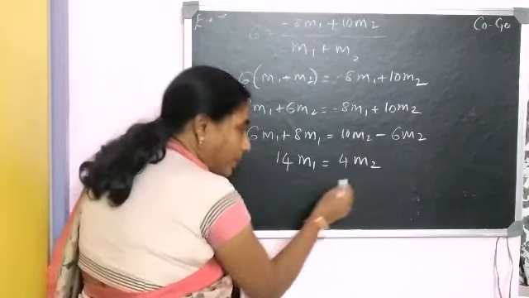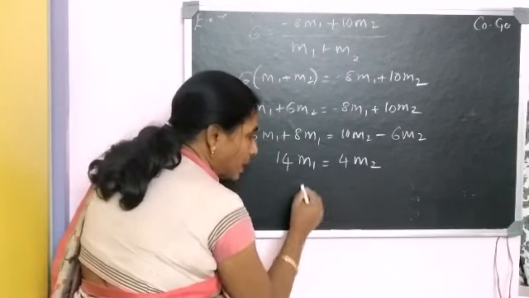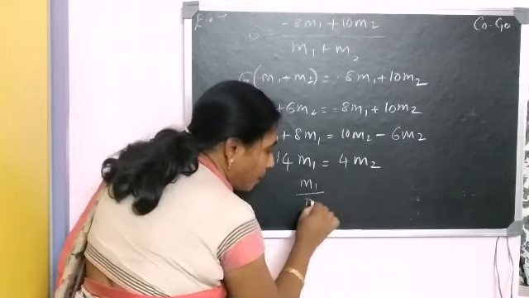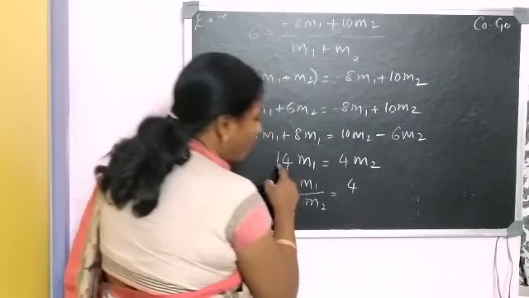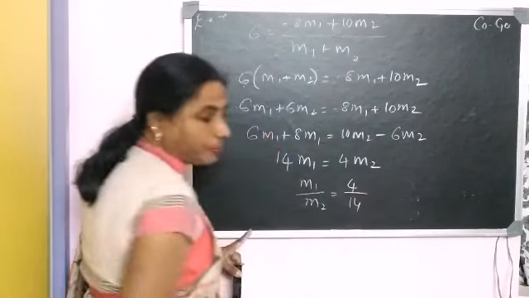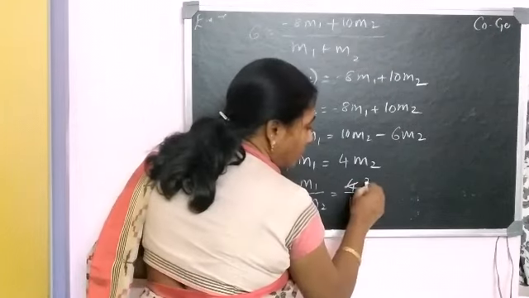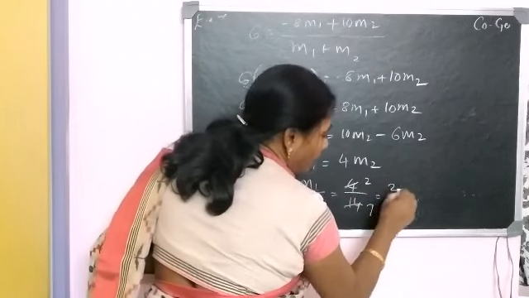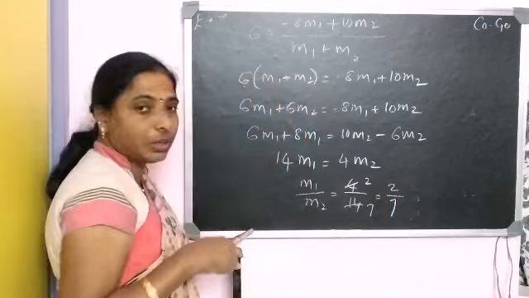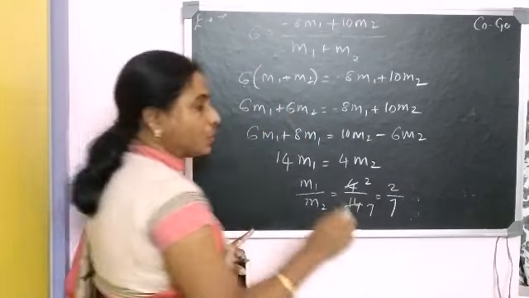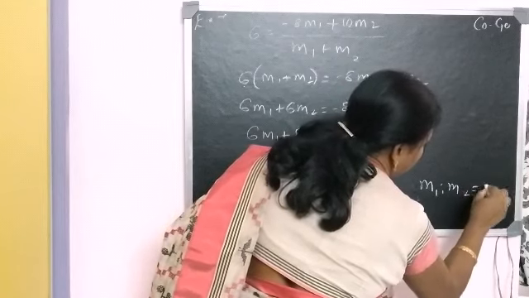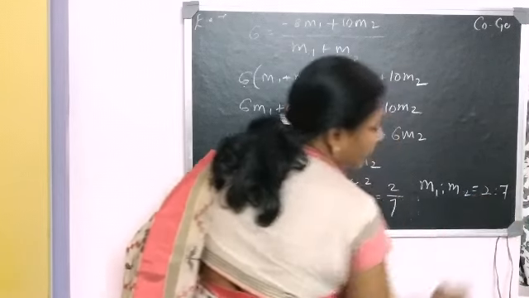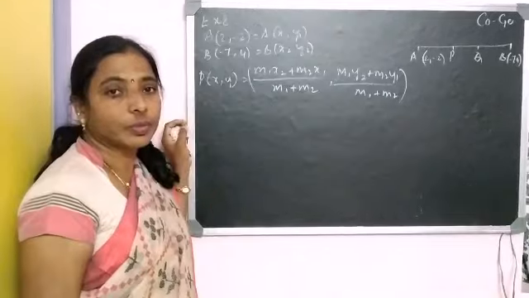Now, again bring this to the other side and bring this to the other side. Therefore, it is m1 by m2 because m2 comes to the other side. So 4 by 14. 14 comes down. Now cancel it. 2 2s are 4, 2 7s are 14. You can observe that in both the ways you will get the ratio as 2:7. That time also you got m1:m2 as 2:7. Now also you got it as 2:7.